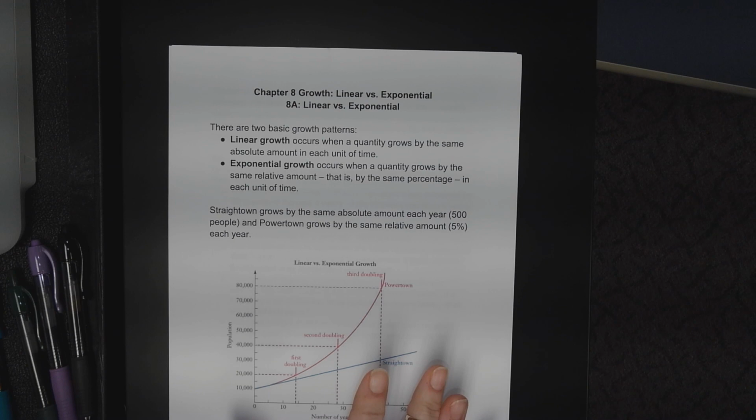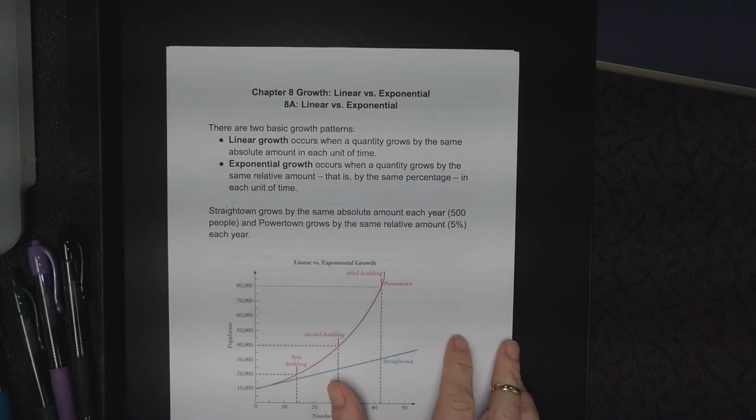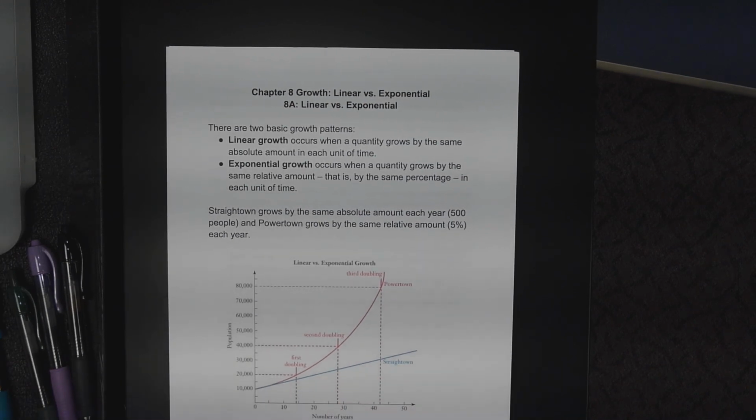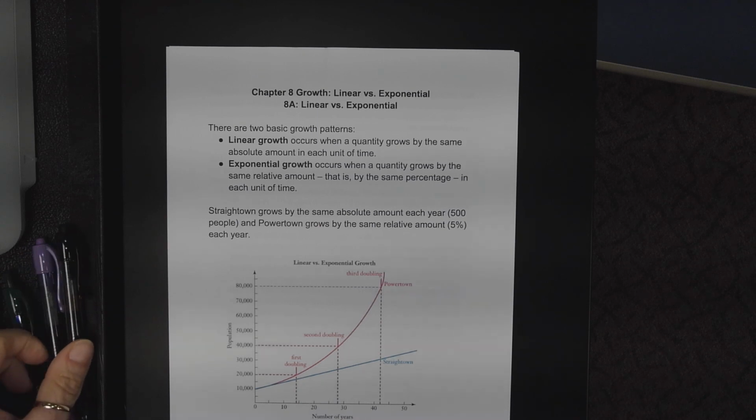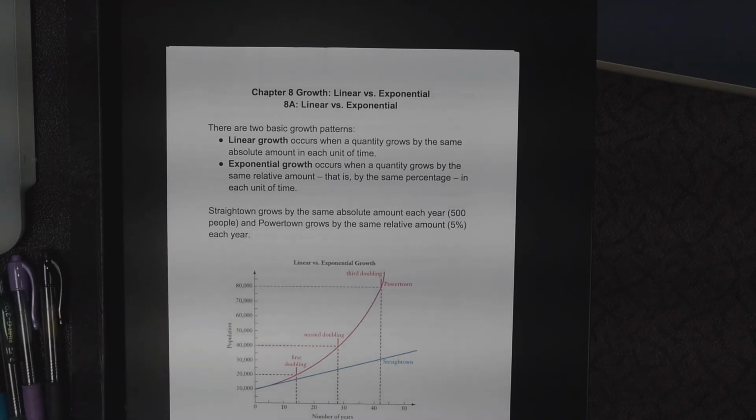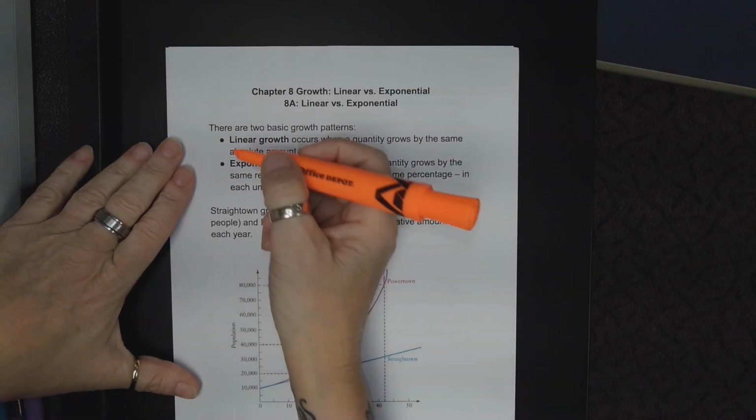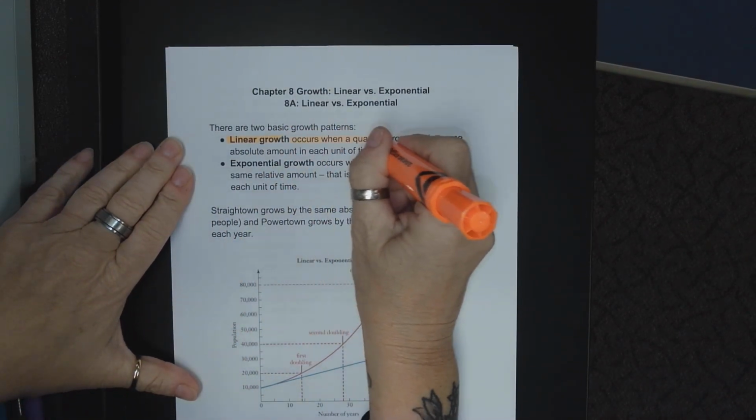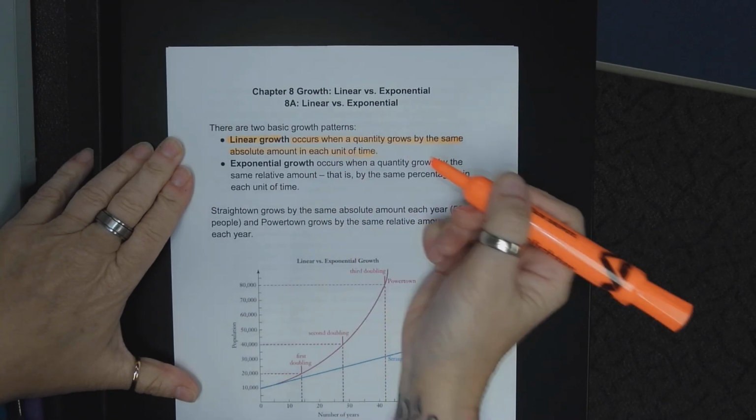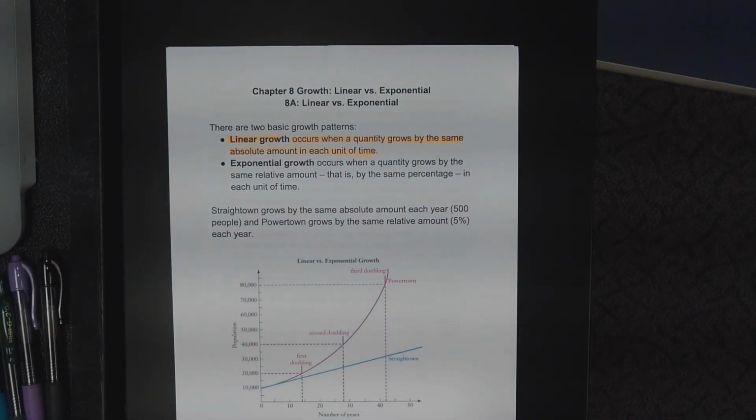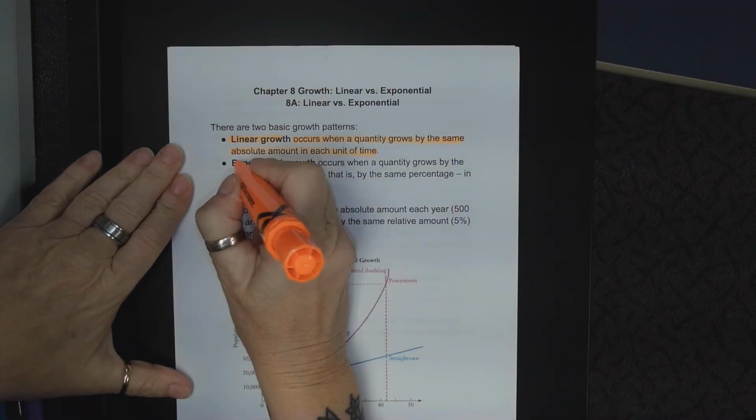Okay, chapter 8. This is linear versus exponential growth. So there are two basic growth patterns. We have linear growth, which occurs when a quantity grows by the same absolute amount in each unit of time. So this is linear. Exponential growth, which occurs when a quantity grows by the same relative amount, that is, by the same percentage